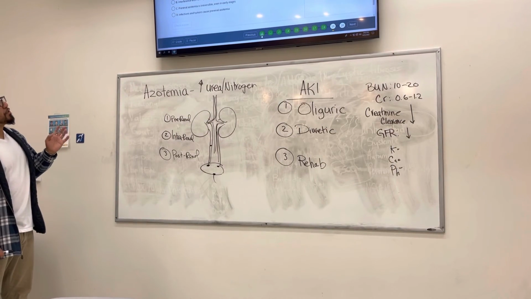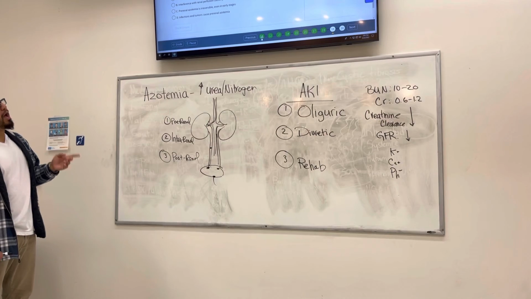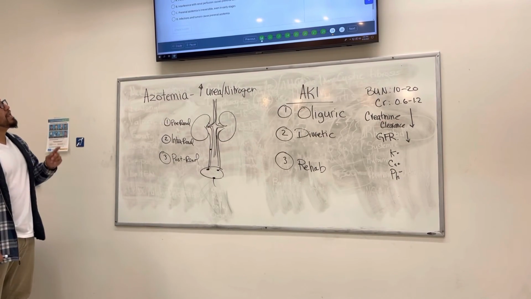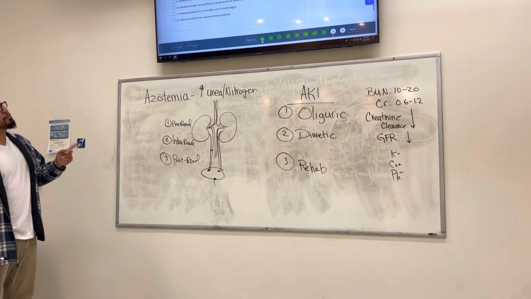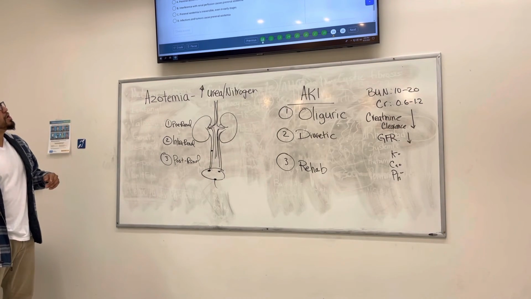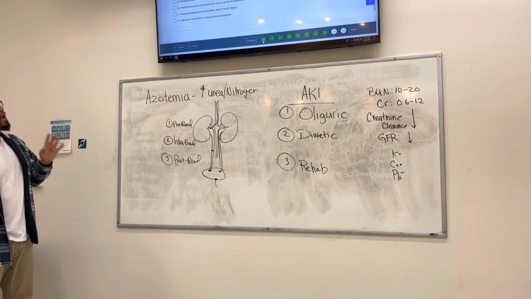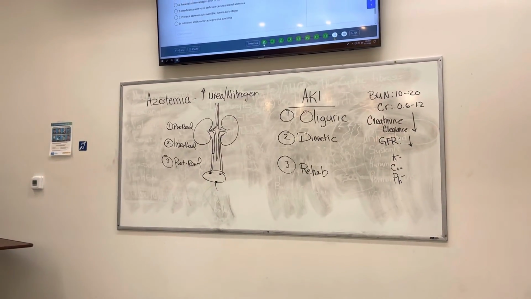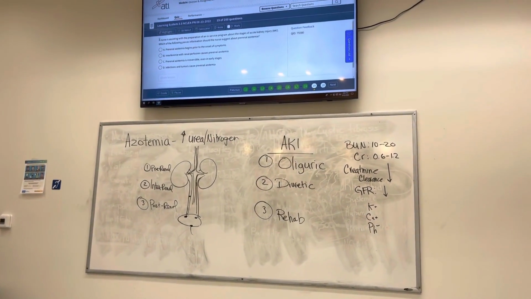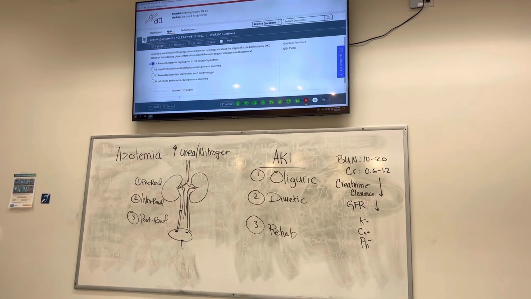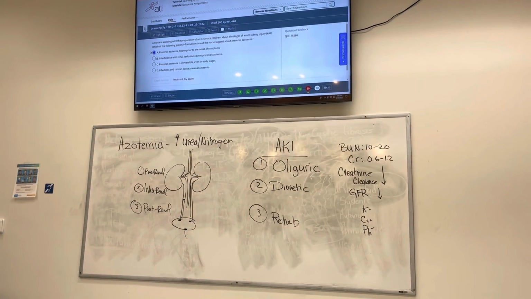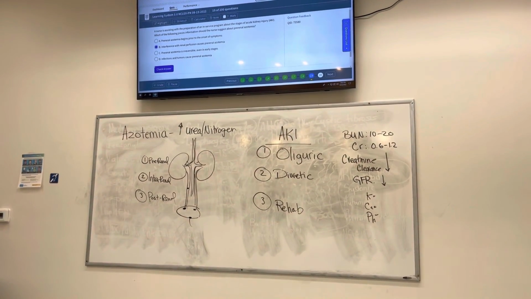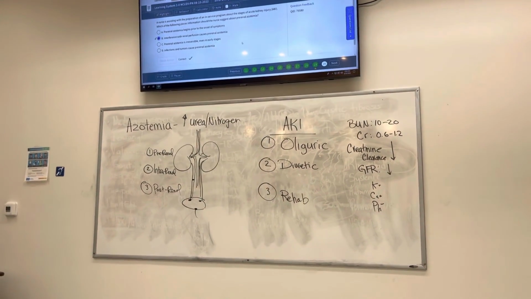Is it interference with renal perfusion causes pre-renal azotemia? Is it pre-renal azotemia is irreversible even in the early stages? Or is it infections and tumors cause pre-renal azotemia? A. And B? That's correct. Interference